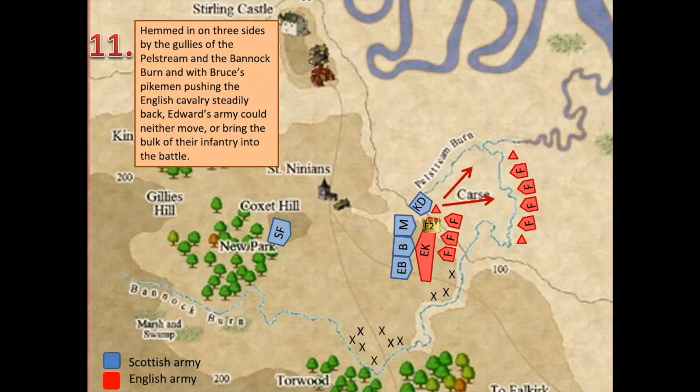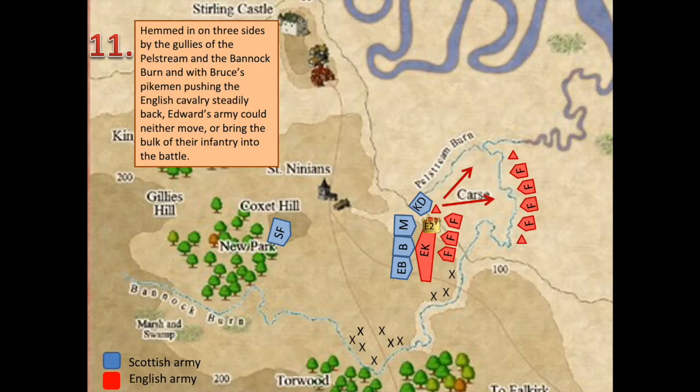So, hemmed in on three sides by the gullies of the Pelstream and the Bannockburn, and with Bruce's pikemen or spearmen pushing the English cavalry steadily backwards, Edward's army could neither move or bring the bulk of their fresh infantry into the battle. The English knights are well armoured and they do not go down easily, even though they've lost the benefit of the charge and that momentum that they historically relied upon to sweep aside their enemies,